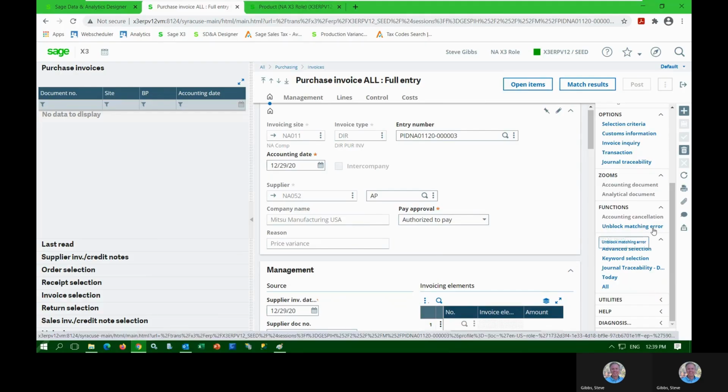After I've researched why it was blocked, maybe our tolerances are, we're going to block anything where there's more than a $5 discrepancy between the price on the PO and the price on the invoice. And maybe in this case it was 6. It's not worth chasing the extra dollar. But once I've determined how I want to handle this, I may go back to the supplier and say, send me a new invoice. But when I'm at the point where I need to unblock this, I can with this option. To see why this was blocked, if I go into match results,